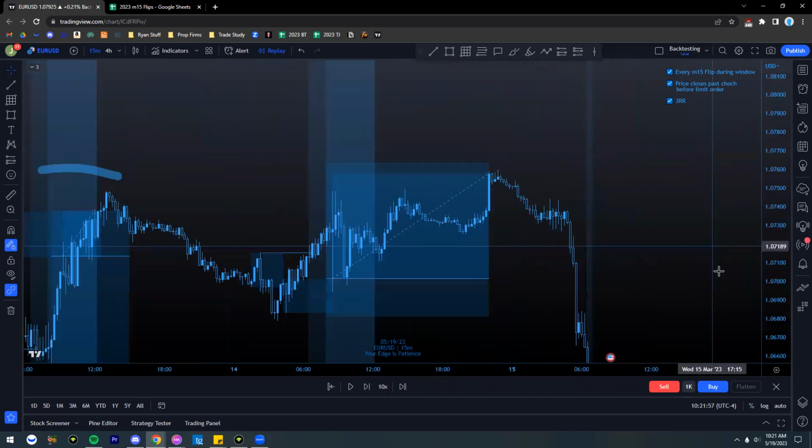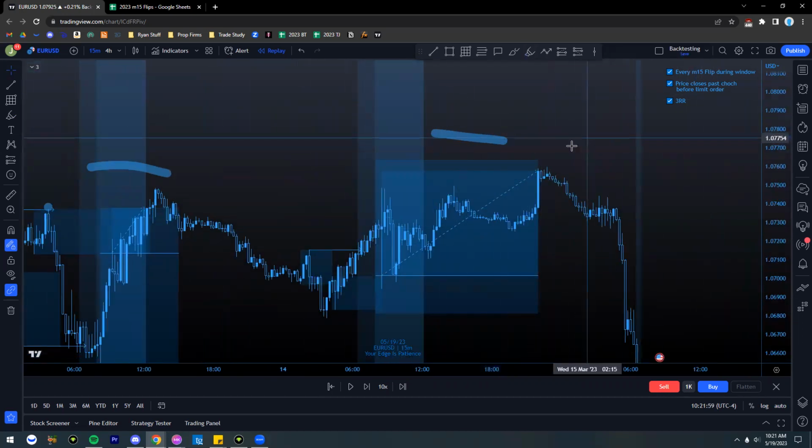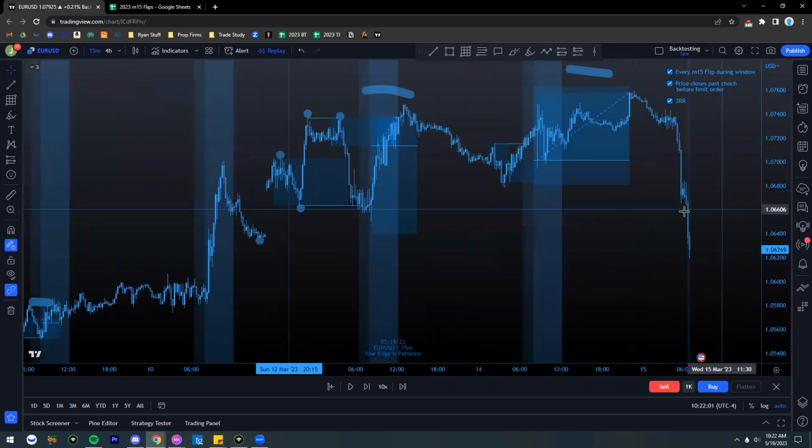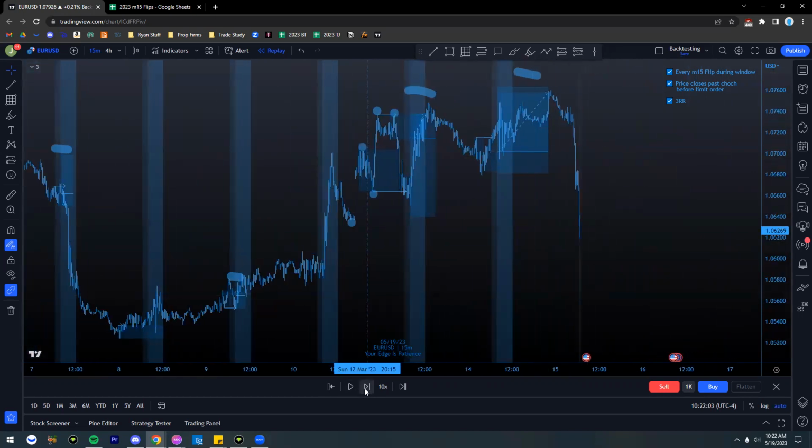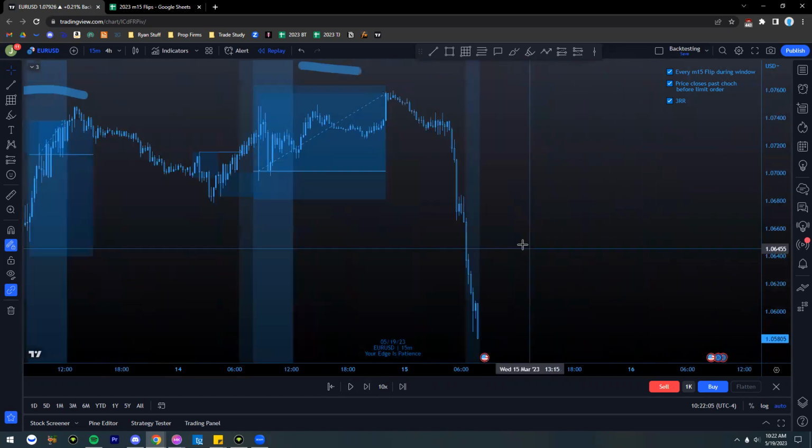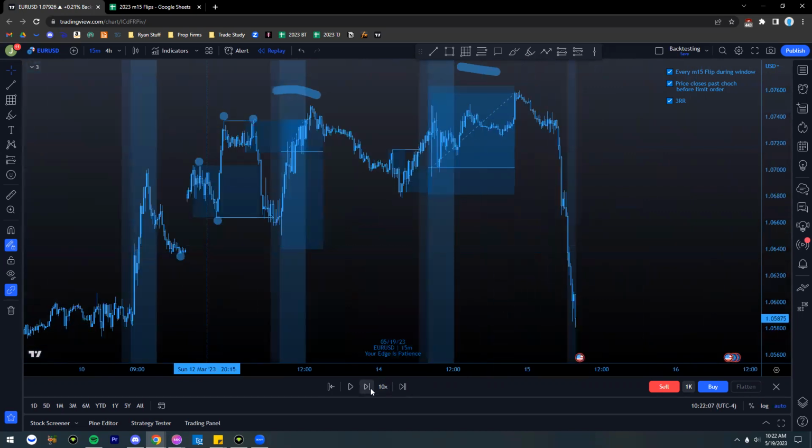I'll mark this as a loser. It's tight but didn't make it. All right, kind of keep going. So we're just melting here, so we don't really have market structure to work with,